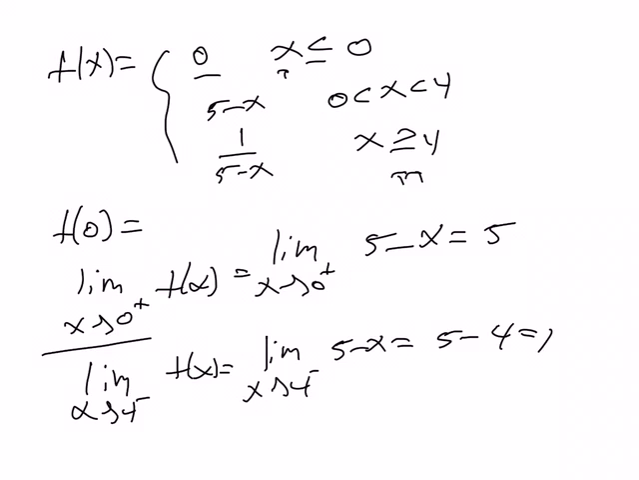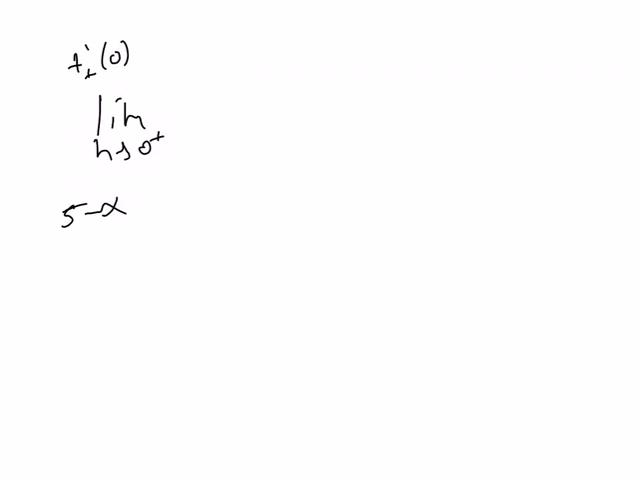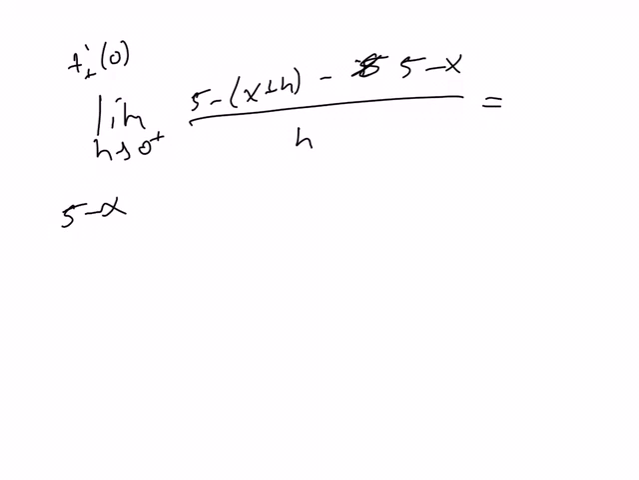As we already showed, we don't have a derivative at 4, so it's not differentiable at 4, but the question is, is it differentiable at 0? So the derivative from the left at 0 is clearly 0, and the problem happens when we approach from the right. So what's the derivative at 0 when we approach from the right? So that's the limit as h approaches 0 from the right, and now f is 5 minus x. So this is 5 minus x plus h minus 5 minus x over h, which is equal